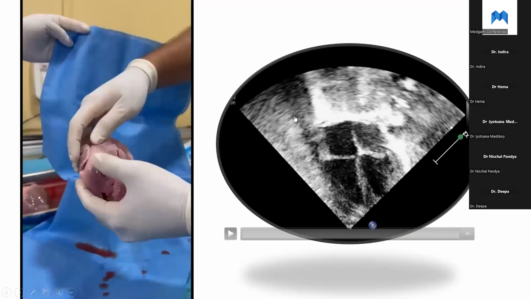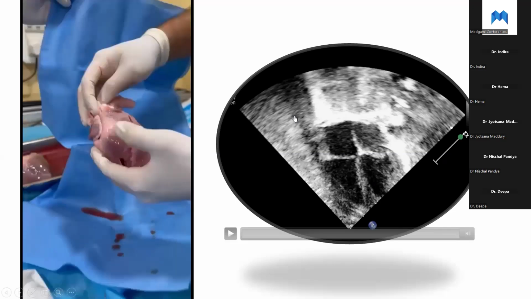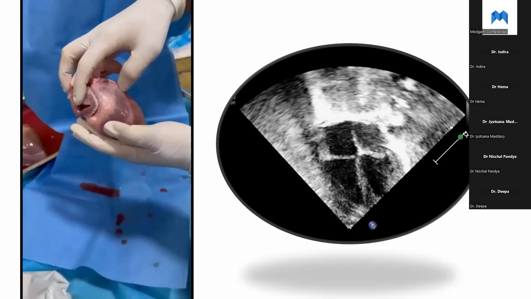Now, looking at the external morphology, here what we see is very clearly